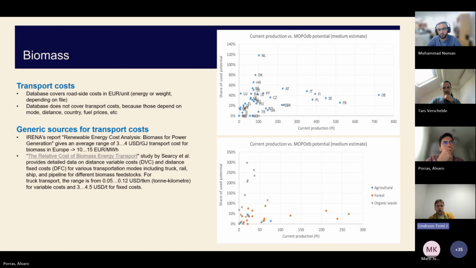Looking at the whole country numbers, we see that most of the European countries seem to be using only 40% of the technical potential. Some countries a bit more. And especially the lower figure shows that a lot of forest biomass is not utilized as much as it could technically.